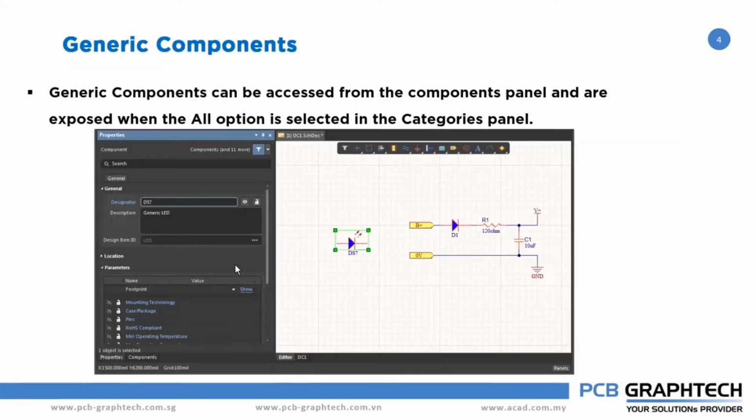So second is about generic components. When you go for the components, it can be challenging to pick the right components when working on a new schematic. And many times it is not necessary to get a specific component for the early stages of development. To expedite the process of laying out the early stages of the design, Altium introduced the concept of generic components, made up of basic standard components which can be quickly placed in the design.